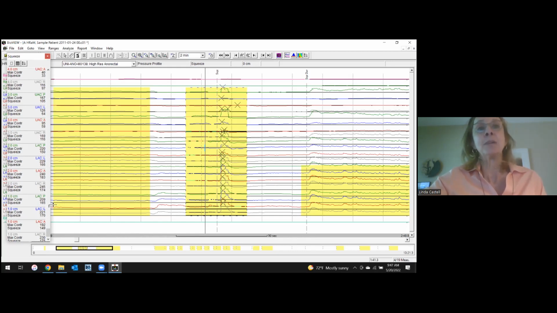Just remember that the squeeze is external. If you see very, very low numbers here, let's say 20, that means there's external anal sphincter damage. And then the maximum contraction is external plus internal anal, the total anal canal pressure. How much pressure can prevent the stool from leaking out? So the computer